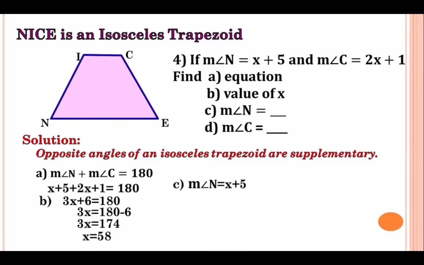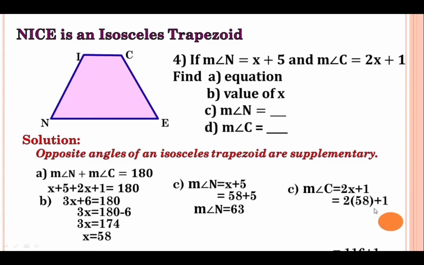So to find the measure of angle N represented by x plus 5, by substitution in place of x we write 58. 58 plus 5 is 63. The measure of angle C, which is represented by 2x plus 1, we have 2 times 58 plus 1. 2 times 58 is 116 plus 1 is